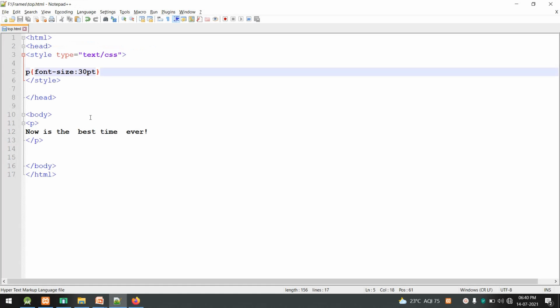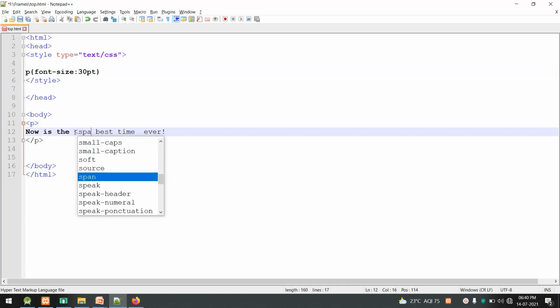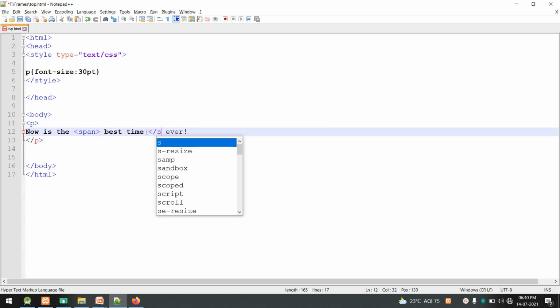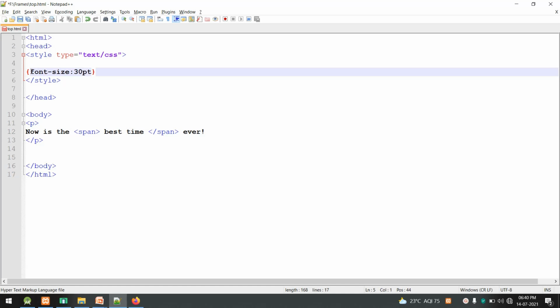But if I really want to apply something to a part of a paragraph tag or a larger content, then I can go for a span tag. Span, then span close, and in the CSS, instead of the paragraph tag, I have to apply this to a span tag.